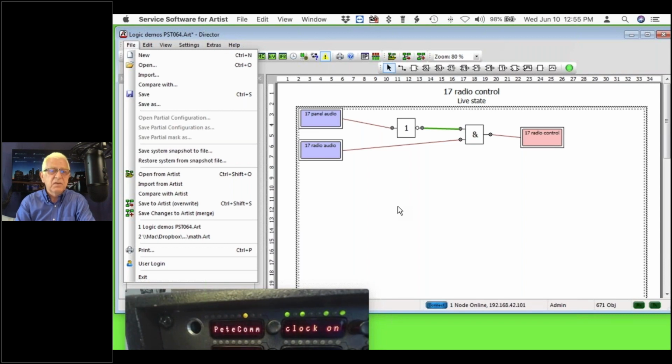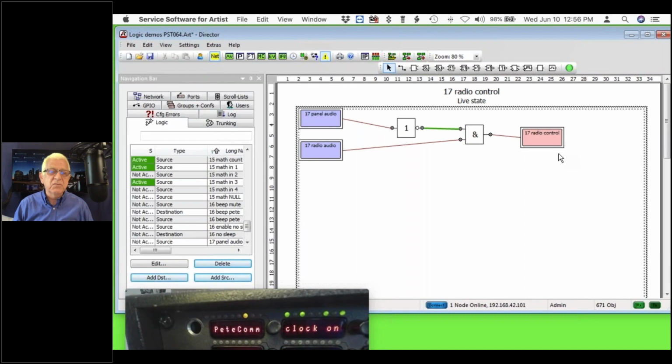And then you can copy your favorite logic diagrams from that node into this node. So you create your destination in your real node, and you copy by dragging over the favorite logic you want from the other node into there